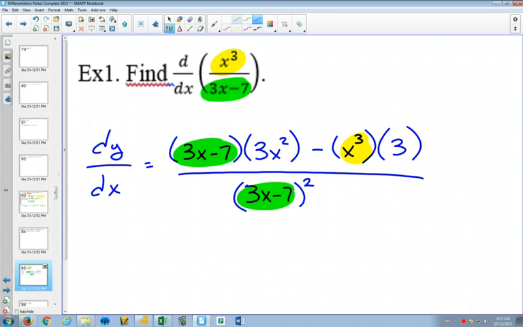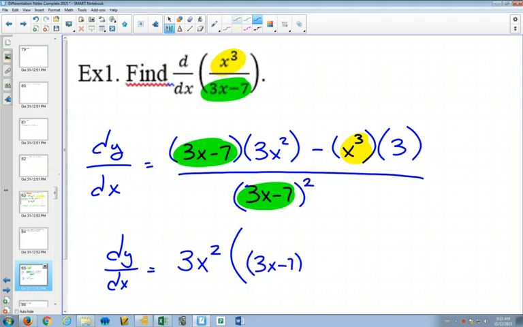One thing that you'll often have in an IB exam is if they want you to simplify that, they'll ask you to show that it's equal to this. One of the key things that happens in the simplification is you try to factor this as much as possible. So when I look at the top, is there something I could factor out? Is there something in common in both the first and second terms? Can you see that there's a 3x squared in both of them? And then what would you be left with if you took out that 3x squared? In the first, you would be left with 3x minus 7. In the second one, you would be left with